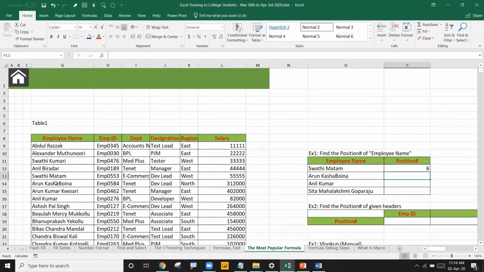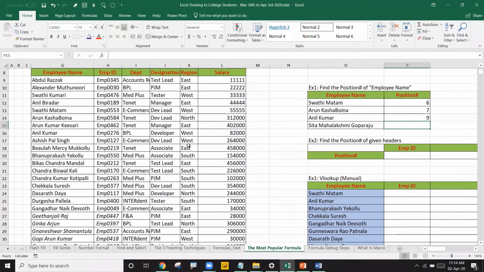Whereas Arun Kashipena, just below Swati, is a 7. Anil Kumar, you can count it manually. Where is it? 1, 2, 3, 4, 5, 6. I guess it is a 9, so I can write 9. But you see Sita Malakshmi Koparaju, try to find her. She's there, but somewhere down. I cannot count it manually from top to bottom.